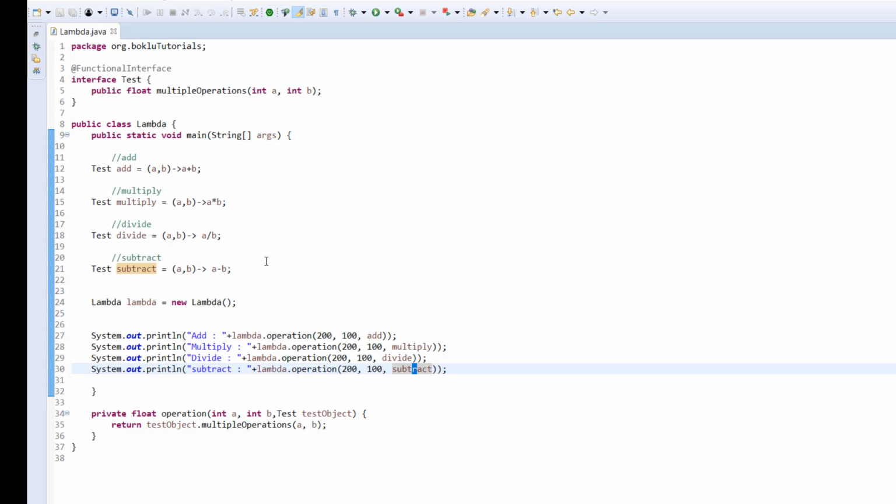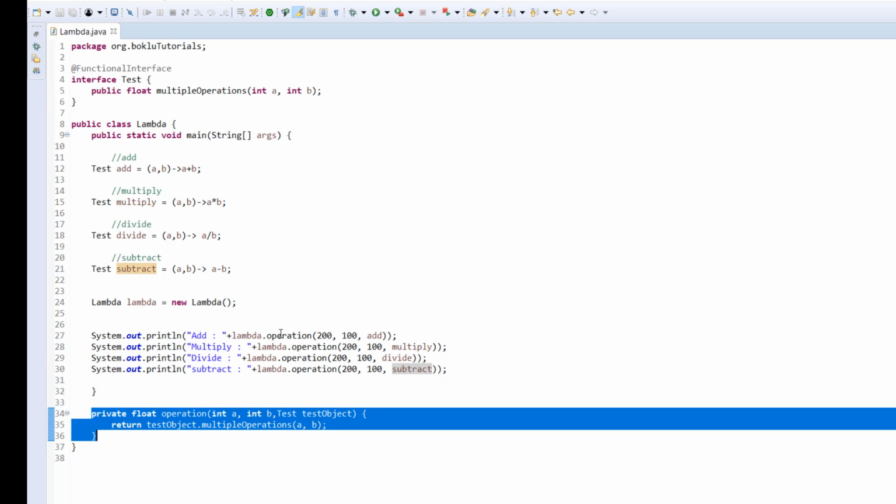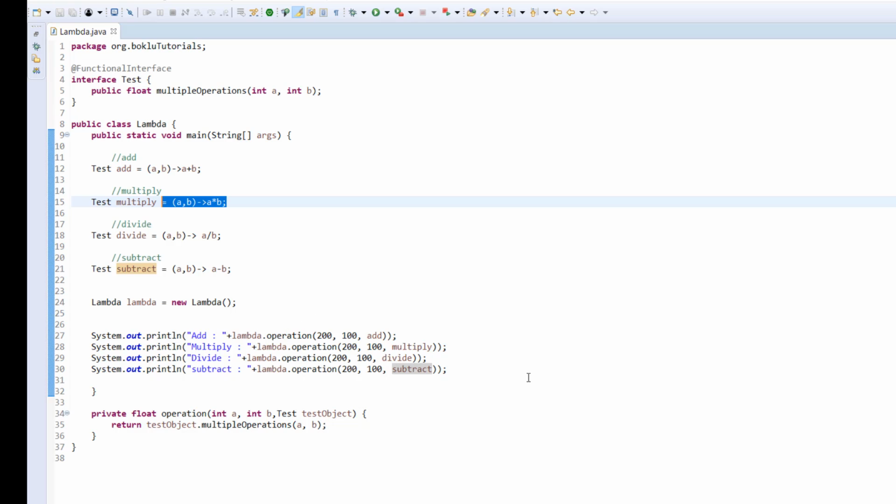Now with the help of this example, we have reduced the use of functional interfaces. How? See what happens here. With the help of only one method, we are calling this method all the time with different operations when the values are the same. Okay, this is how we call lambda expressions with the help of a functional interface. We have optimized the code, we have learned what type inference is, how lambda expressions actually work, and we have also optimized the lambda expression code.